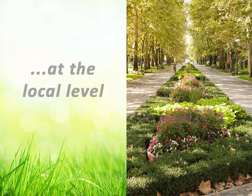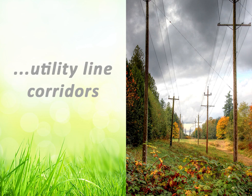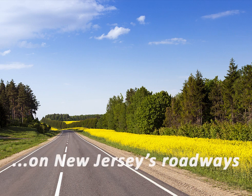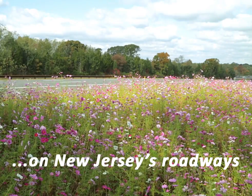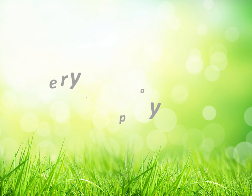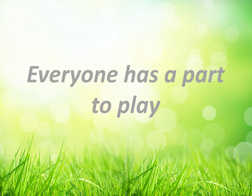And imagine if local government also helped address this issue. Roadways and utility-line corridors could be planted with native pollinator-friendly plants. Because native plants are well adapted to our local environment, the need for toxic chemicals, mowing, and watering would be nearly eliminated. Imagine if all New Jersey's roadways looked like this. Between our individual efforts at home, private businesses chipping in, and public entities beautifying our landscape, pollinator gardens can help